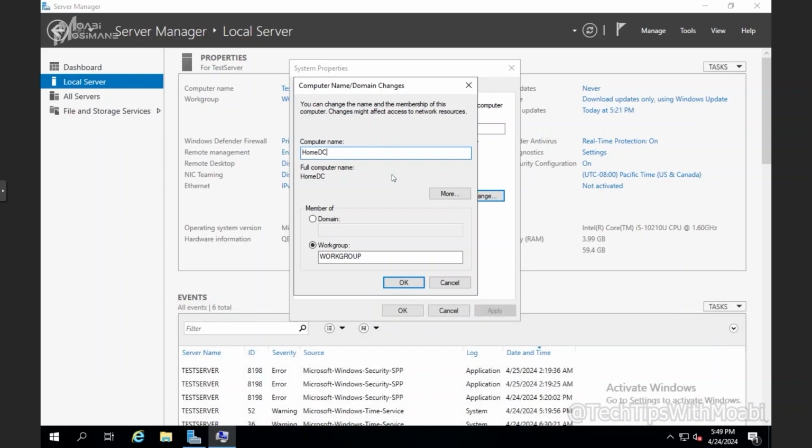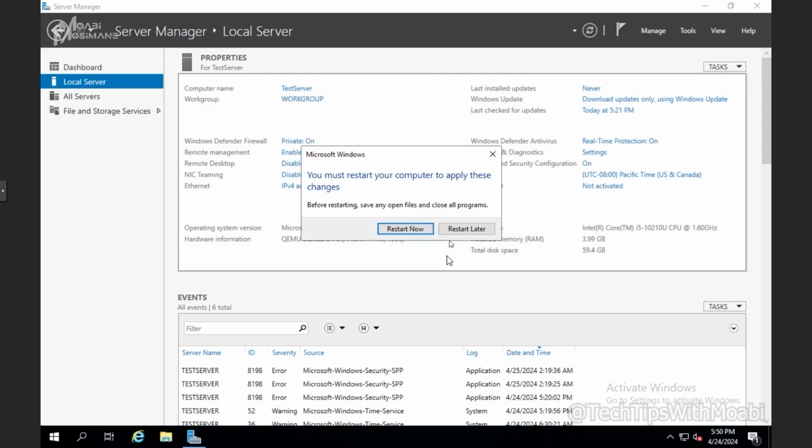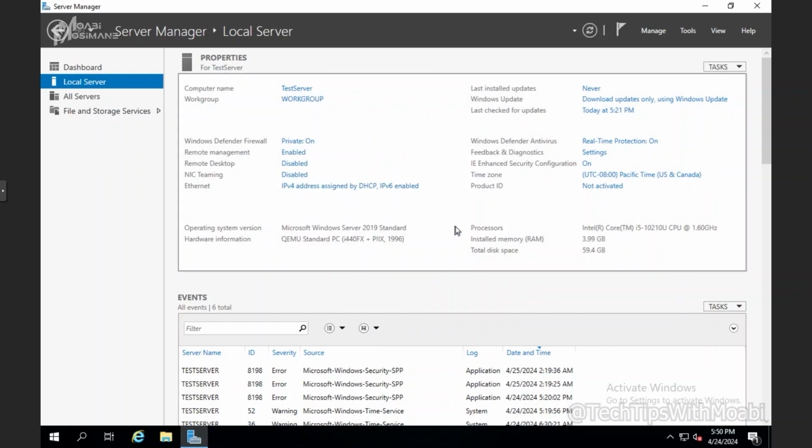I'm going to be installing a domain eventually on this server, and I'm going to be joining clients onto this server, hence the name Home DC. I'm going to click OK, then click OK again, close, and then click "Restart later" because I don't want to restart the server now. The name hasn't changed yet, but if I click on refresh,